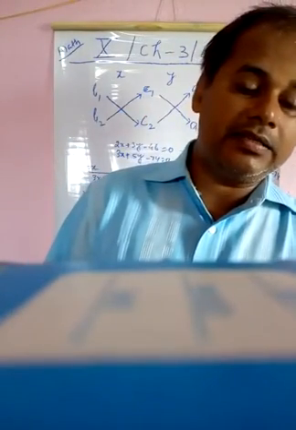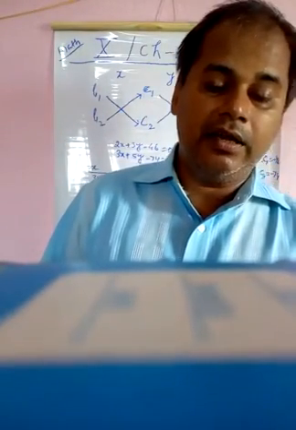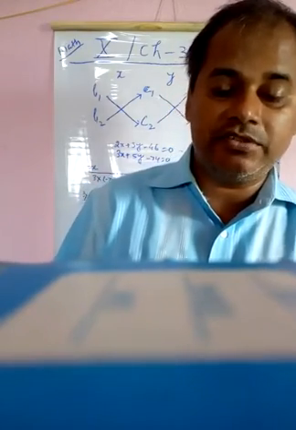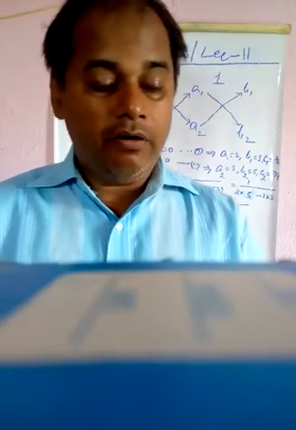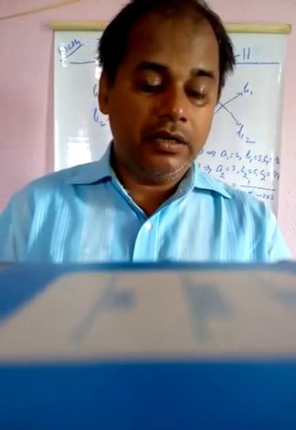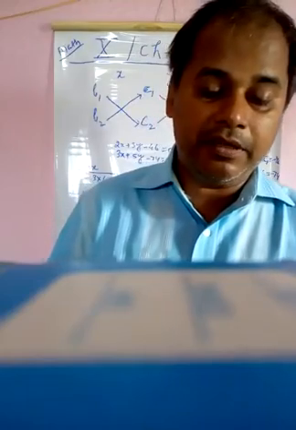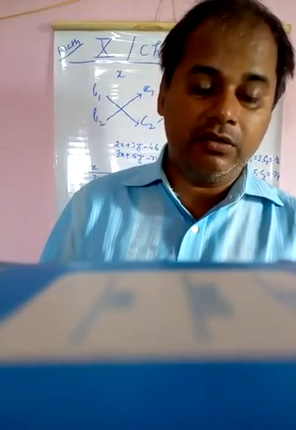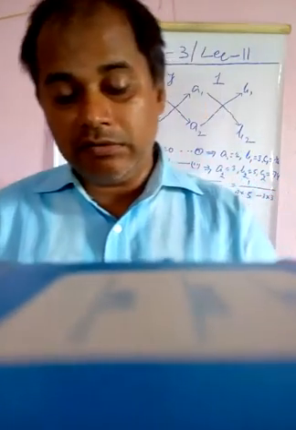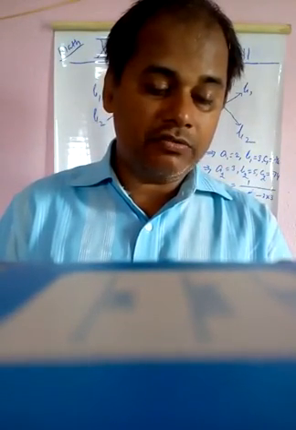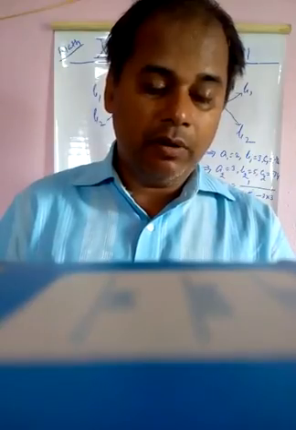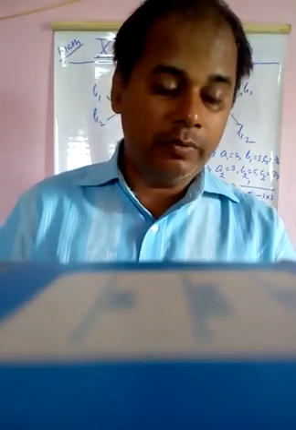In the second case, in 13 hours, it can go 40 kilometers upstream and 55 km downstream. We get the equation 40 by x minus y plus 55 by x plus y is equal to 13. Say the equation number 2, and put 1 by x minus y is equal to u and 1 by x plus y is equal to v.